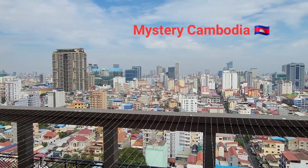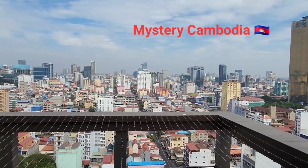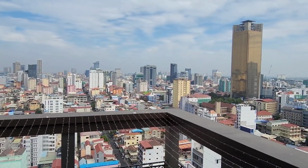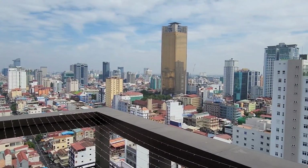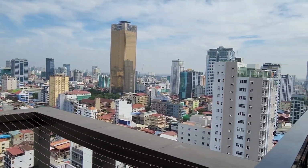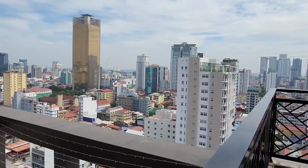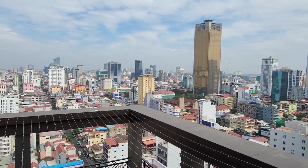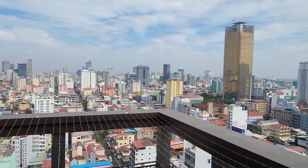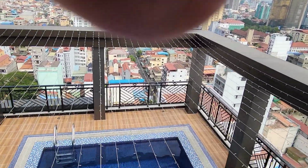And as I always say, if you're living in Phnom Penh, Cambodia or Asia, always get an apartment facing north. Your electricity will be much cheaper if your apartment is facing north. You don't get all day sun, and it's much cooler. And I'll actually show you my electricity for this month or last month. And then down here,